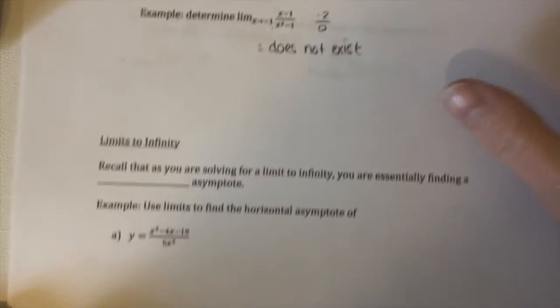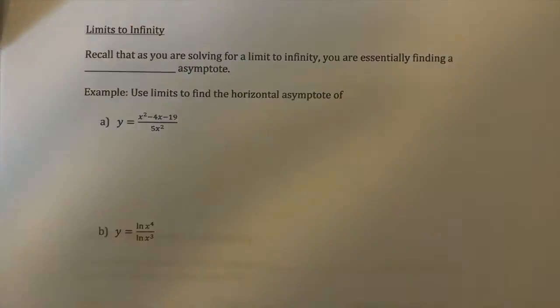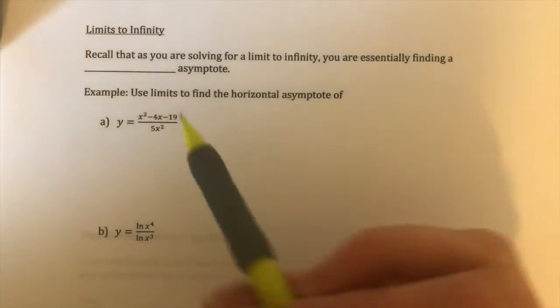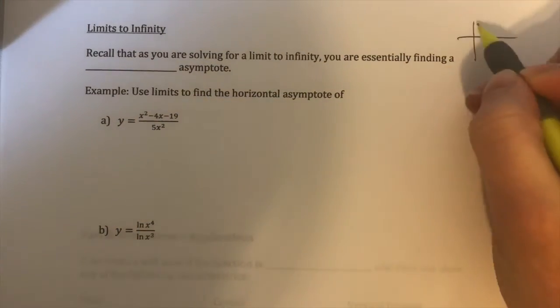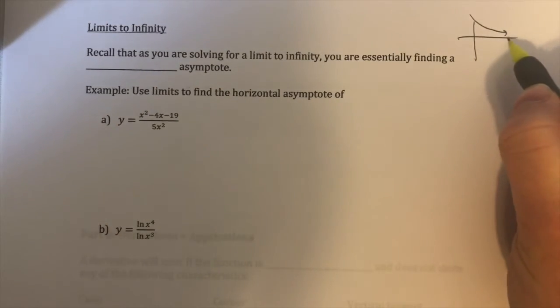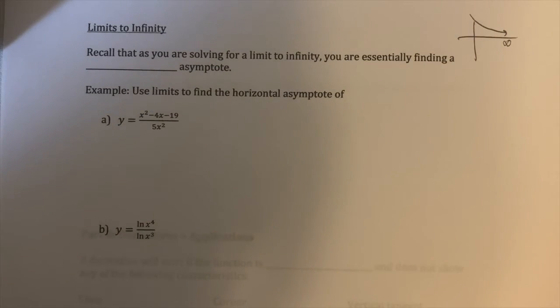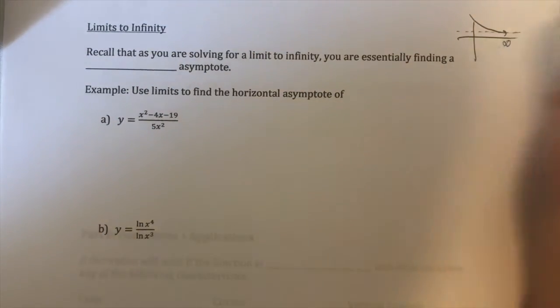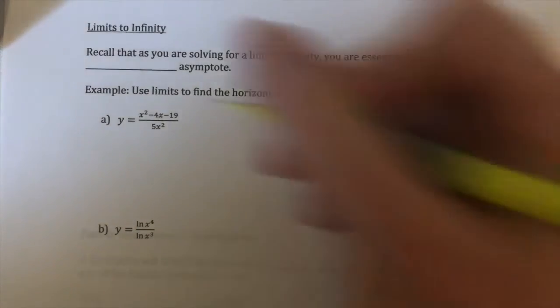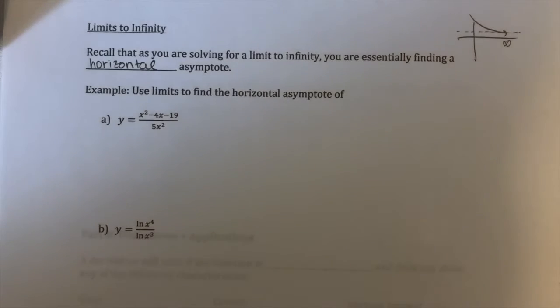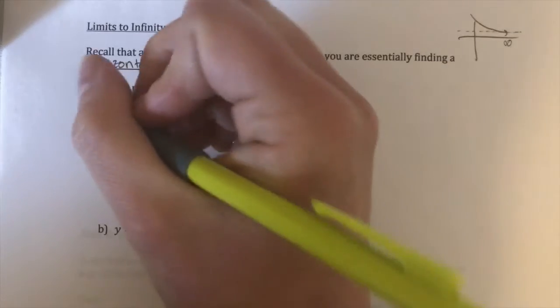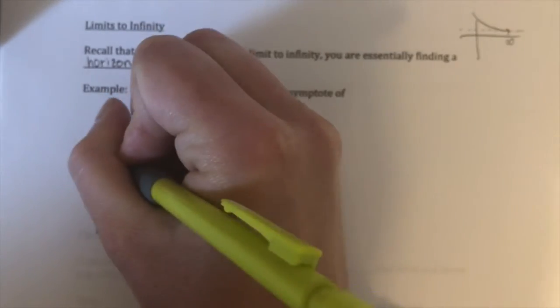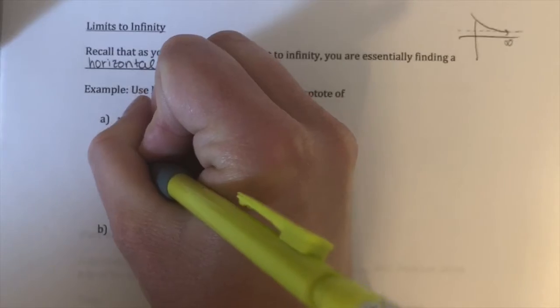Okay. So limits to infinity was the next thing that we talked about. Remember that when you're solving for a limit to infinity, if you have a graph, you're looking at the end behavior. So as this number gets super, super big, that's basically the same as figuring out what the horizontal asymptote is. What is that value that it gets close to but never touches? So you're going through a very similar process to what we did in Math 30. So the limit of this thing as x goes to positive or negative infinity